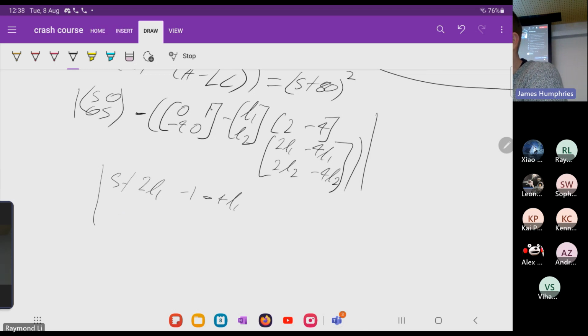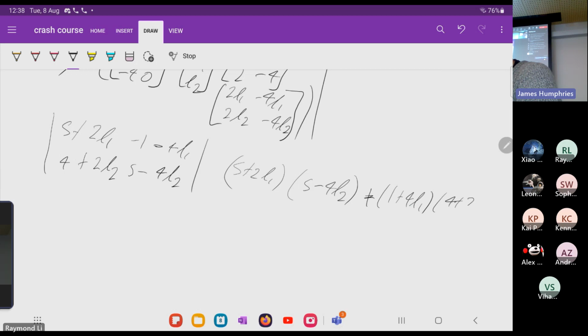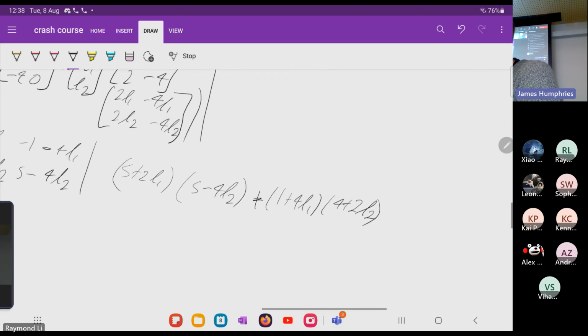And then minus becomes plus 4 plus 2L2, and then minus S minus 4L2. Okay, which is then going to become S plus 2L1, S minus 4L2, minus, which is plus, because I'm going to have 1 plus 4L1, 4 plus 2L2. Okay, which is then going to become S squared plus 2L1 minus 4L2 S plus